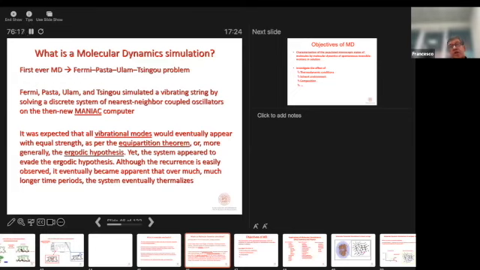That is, they wanted to connect to the ergodic hypothesis. And this is not what they observed, not at all. That's why Fermi never published this work. What they observed was that the energy would go back and forth along the string of points connected by harmonic oscillators. They would go just back and forth. So they thought that it was some kind of numerical artifact.